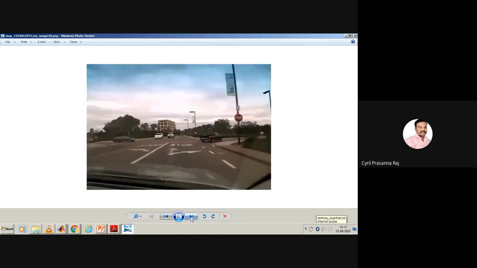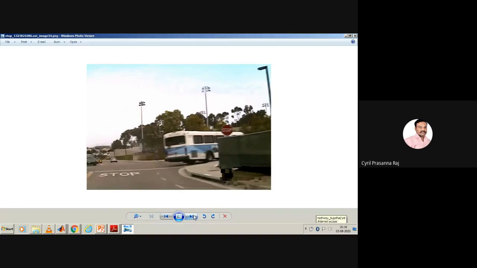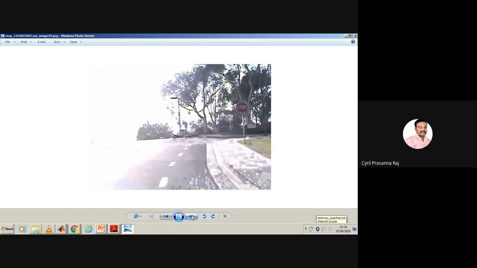Now if you see here, because of car vibration or whatever it is, there is a stop sign here. But that sign is not clearly visible because the camera, maybe because of vibration, wouldn't have captured this. So now you have to see whether, even with this kind of data, your image processing algorithm can perform effectively. Okay, this is another stop signal here. Now this is very clear. So it is visible to us, so we can stop.